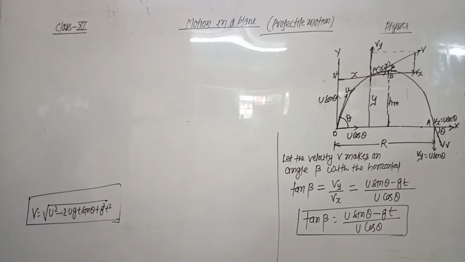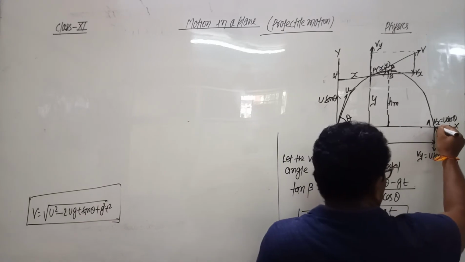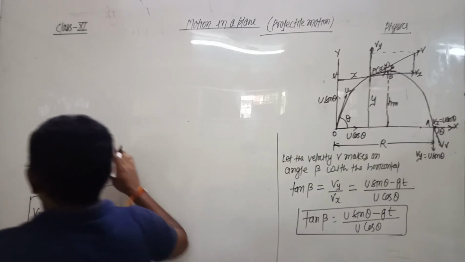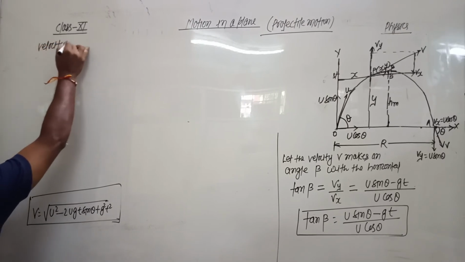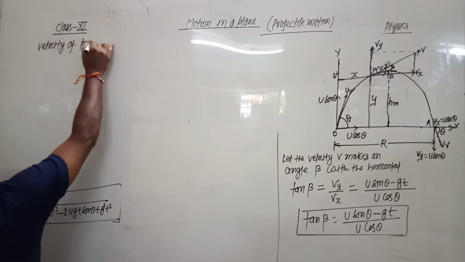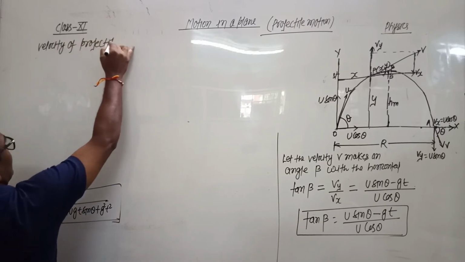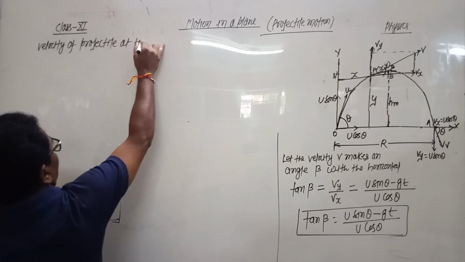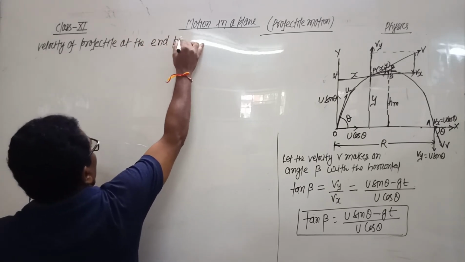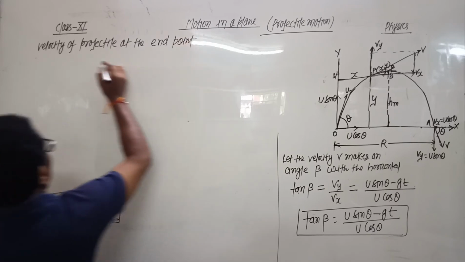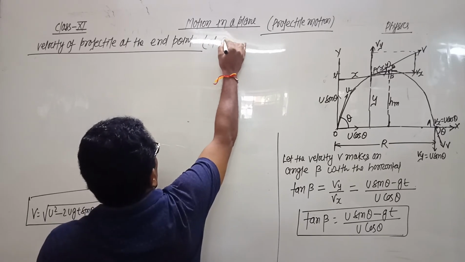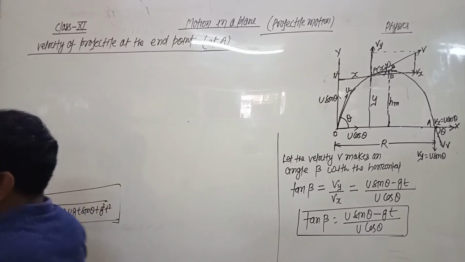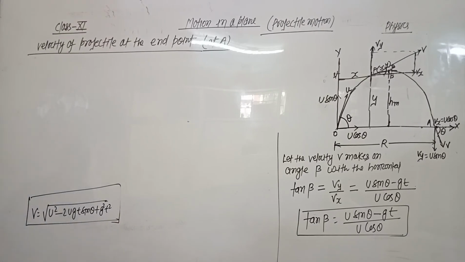Now the next thing we talk about is the velocity of the projectile at the end point. At the end point means at point A. So for finding the velocity of the projectile at the end point,